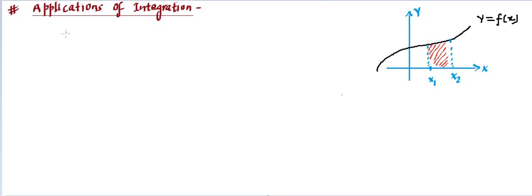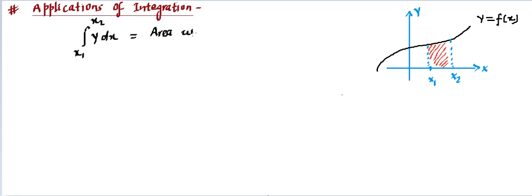So in a nutshell, if we do this integration of y dx, which runs from x1 to x2, this particular expression will give us the area